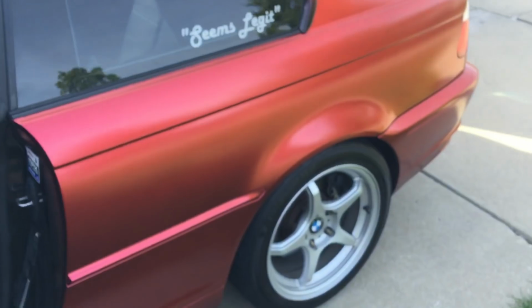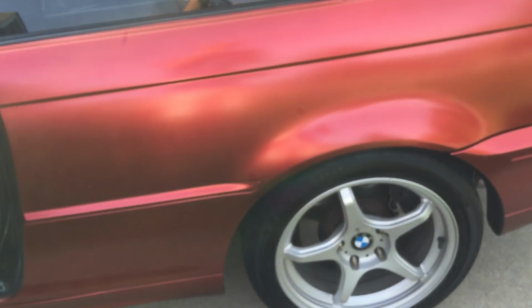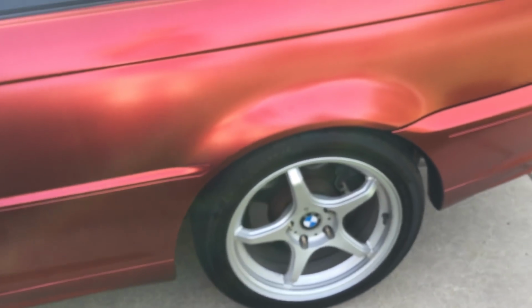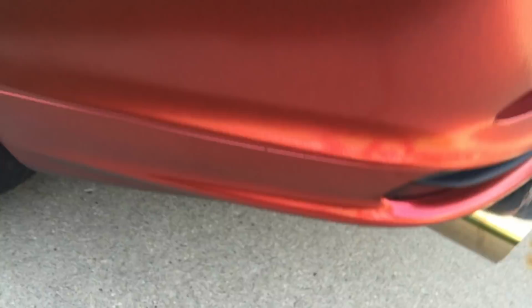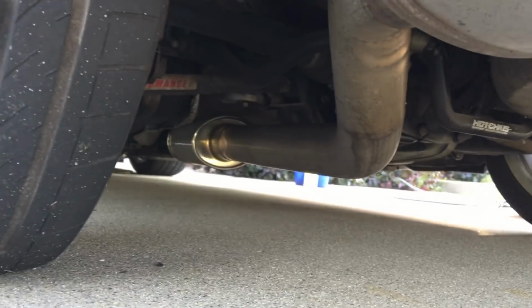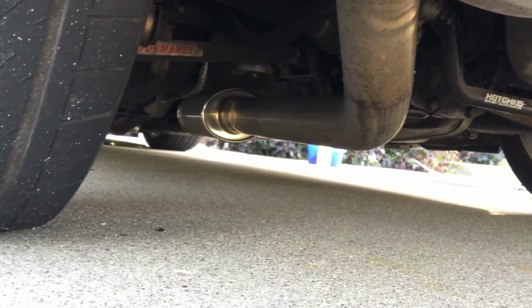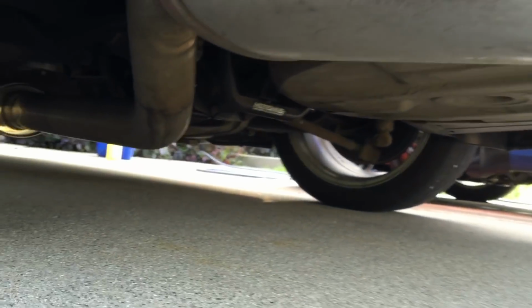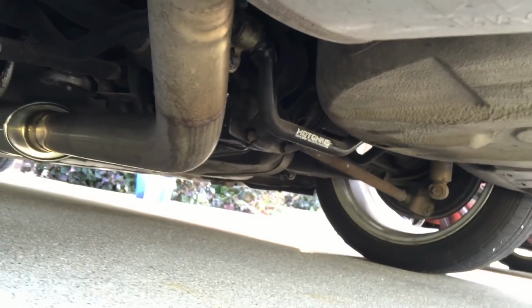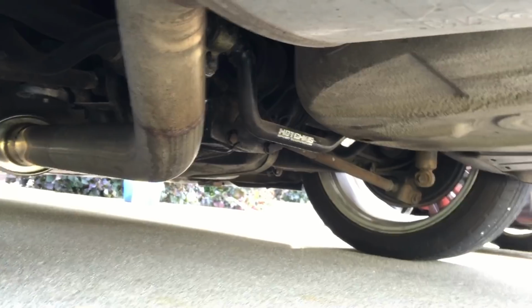Out back, we have the Z4M or Z4 R tabs plus limiters, adjustable STP, I think they are, control arms. Replaced all the ball joints and the bushings with ball joints. Here's the muffler system. There's the resonator right there. Here's the muffler itself. It's got a Diffs Online two-way 45-45 3-disc